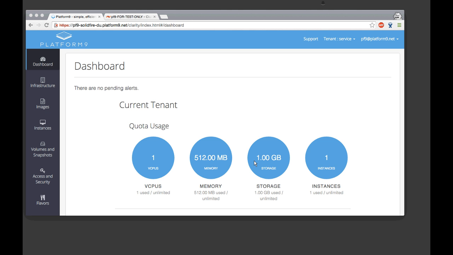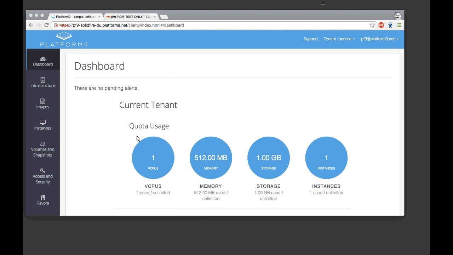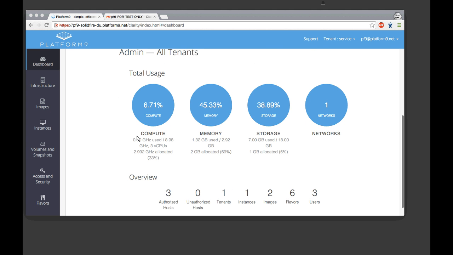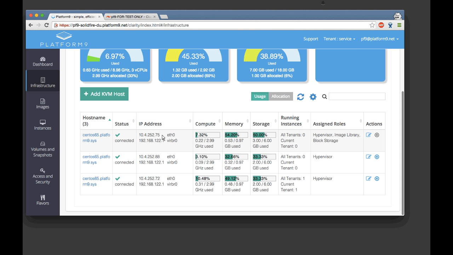So what you see here is the Platform9 Managed OpenStack Controllers dashboard. It gives you all kinds of statistics as to what you have in your cloud. If you look at the infrastructure tab on the left, you can see that you have 3 hypervisors in your cloud, and one of the hypervisors is configured with image and block storage.